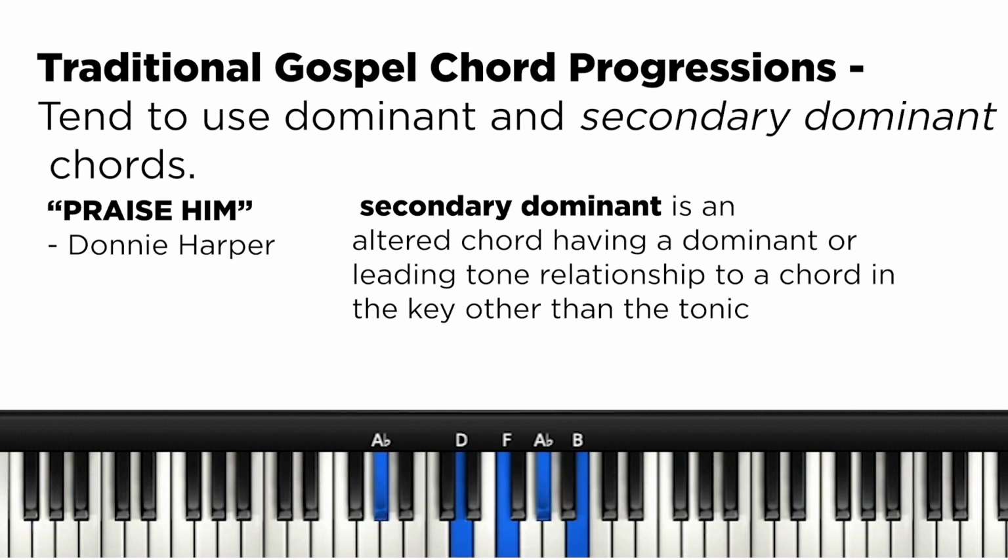You can do it. You have your dominant here. This chord here is going to go right into that B, right? That B minor. So it'll be an F sharp chord going right into that B minor. And so that's what a secondary dominant is. For example, in the key of A, we just played it, right? So we have A, a secondary dominant would take us, typically in gospel, you're going to have the 5 chord. It's going to be major of the next one. So in other words, in the key of A, we have B minor.